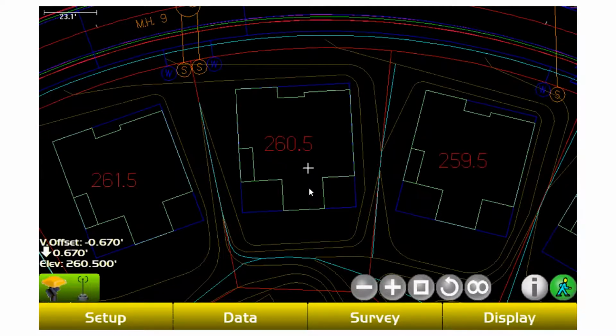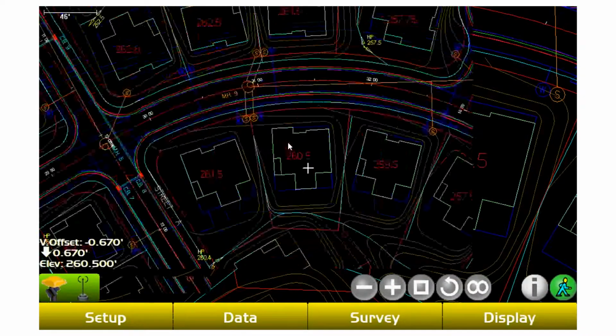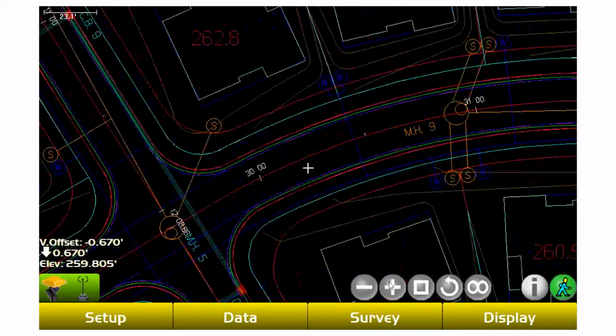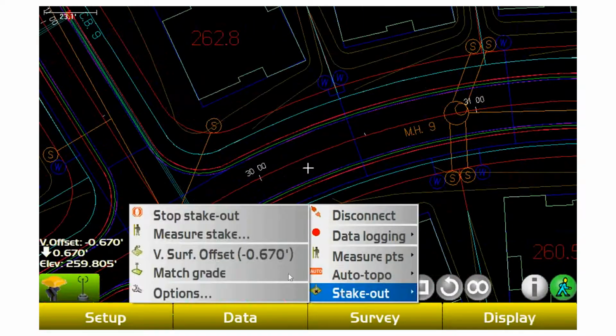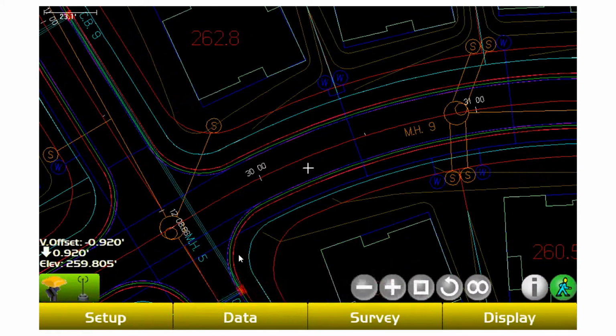So if I'm in a building pad right now, this is actually going to tell me what my cut fill is to dirt. Same thing with the road. If I move into the middle of a road where I know I've got, say, 11 inches of material, I would need to go in here and adjust my vertical offset again to match that 11-inch offset. So then I could type in negative 0.92,